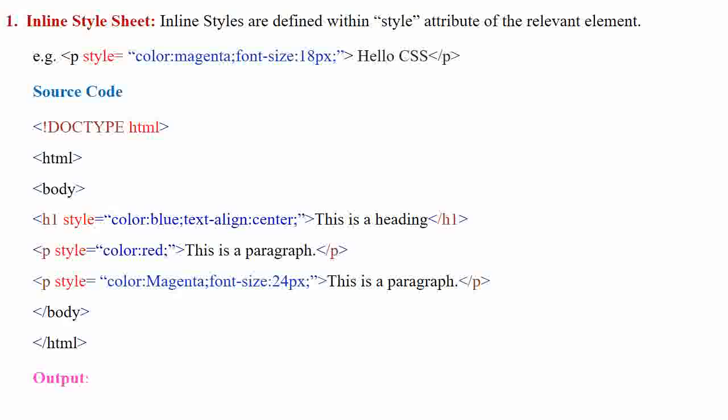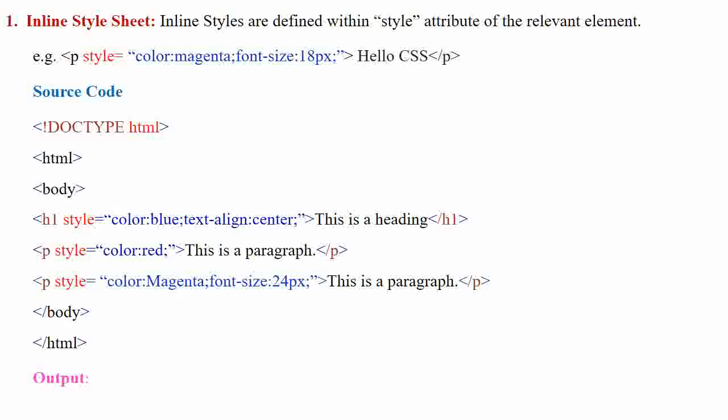For example, paragraph tag P, style equal to color property having value magenta, font size property having value 18 pixel, closing of the tag, hello CSS, and end of paragraph tag P. When you see the output of this portion, you will get hello CSS in the color magenta and font size 18 pixel.